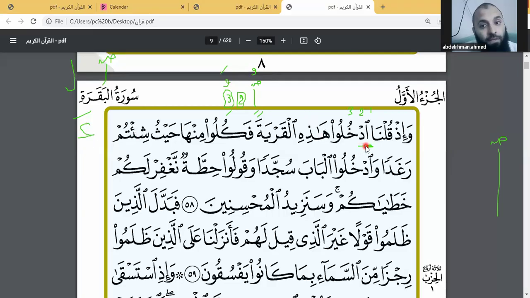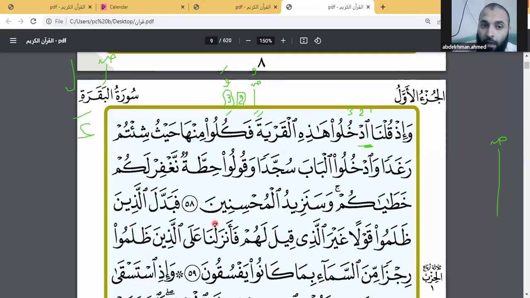How about if there is no lam? We look at the third letter. If the third letter has dhamma, start with Hamzat al-Wasl with dhamma. Third letter kasra, start with kasra. Third letter fatha, also start with kasra. We have 3 examples here. Udkhulu, udkhulu, and ista, because the ta has fatha, istasqa, and